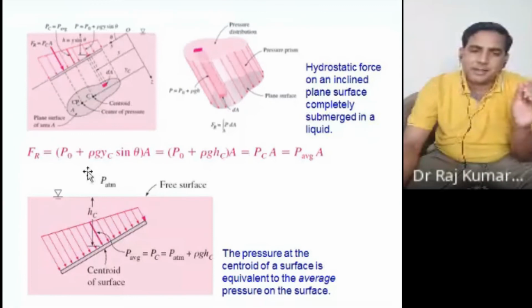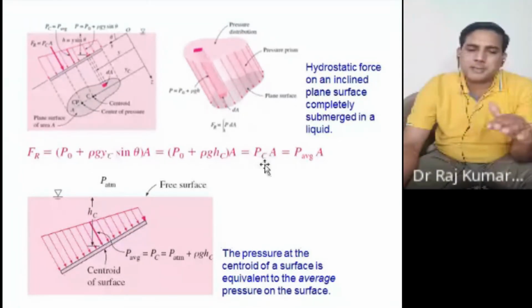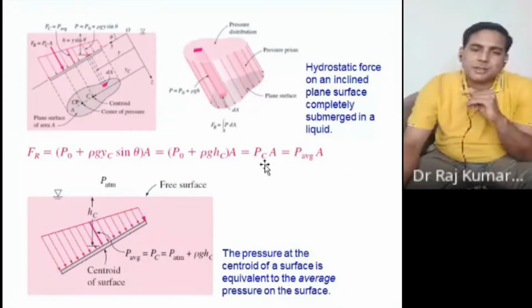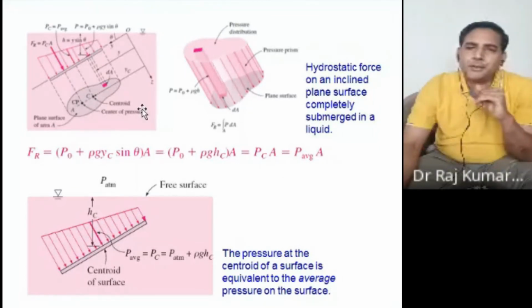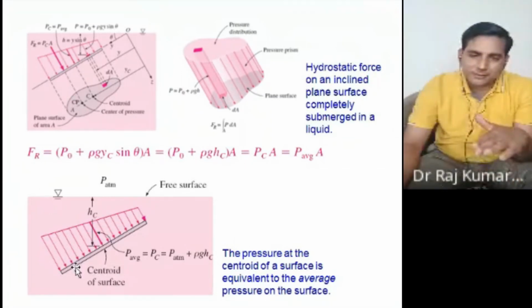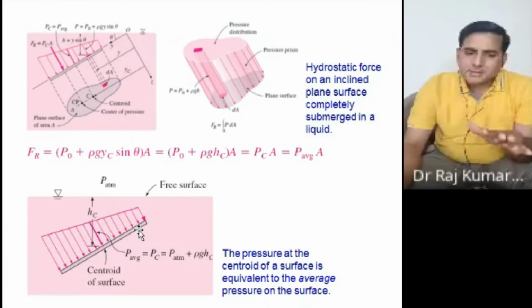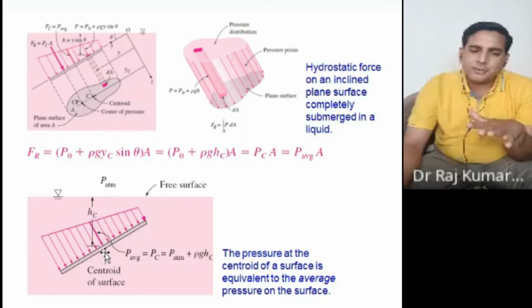that pressure at the centroid multiplied by the area will give you the resultant force. Now what would be the direction of this particular force? Perpendicular to the surface. That's what you have here. All the arrows are perpendicular only, right? Correct? Now we want to know the coordinate of this system here.